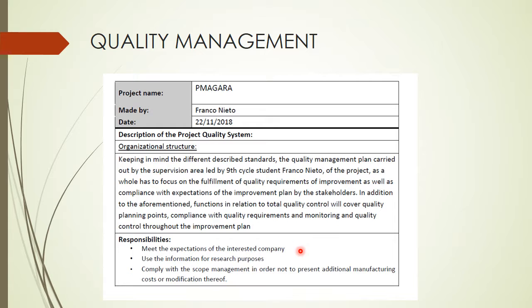Of course, we just don't want to risk a lot if the company is not going to be able to help us with many things. Use information for research purposes. That's kind of true. We will use all the data that we can in order to get a purpose. And the scope management, in order not to present additional manufacturing costs. We don't have a lot of costs, so we need scope management. We need to get to the point that is going to be profitable for us, reducing cost and going just in exact